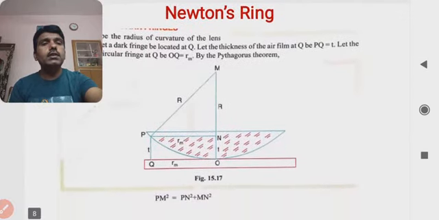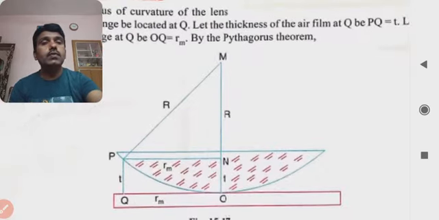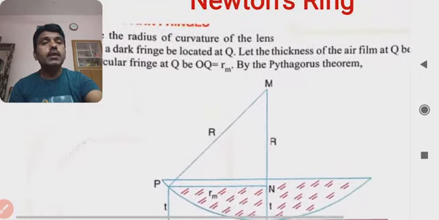And what exactly with this case, particularly the radius of this, we are now interested to find out the radius of these fringes, and using this Newton's ring experimental setup we can also find out exactly what the wavelength of the incident white light waves is. And to find this out we have to do some calculation, and for the calculation we have to know the radius of curvature of the lens.